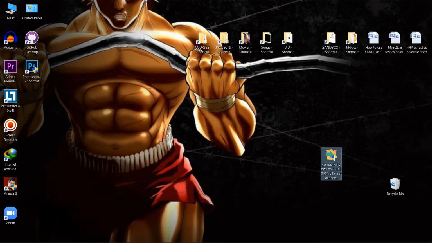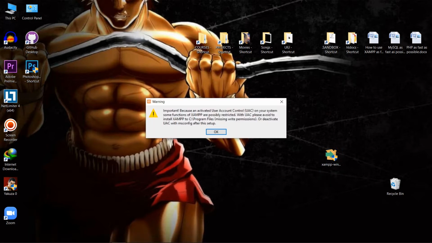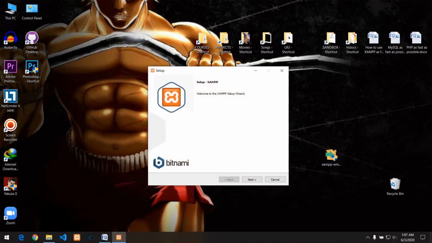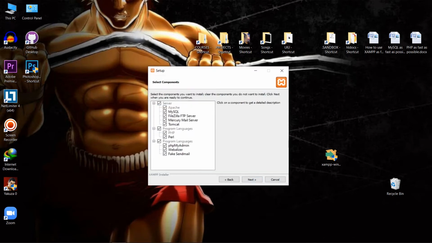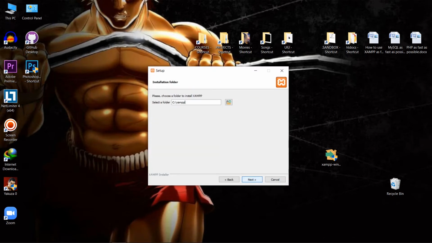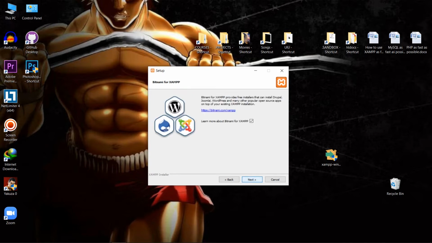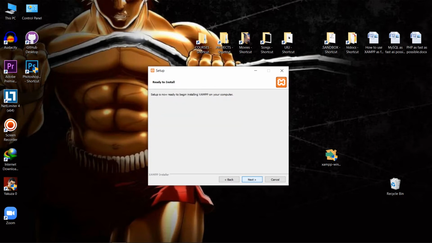Click the Xampp installation button. I already downloaded it. Now you're gonna see this at the beginning. Just click OK. Click Next. Use the default settings. Click Next. Then this is the place where it's installed. Click Next, then click Next again,